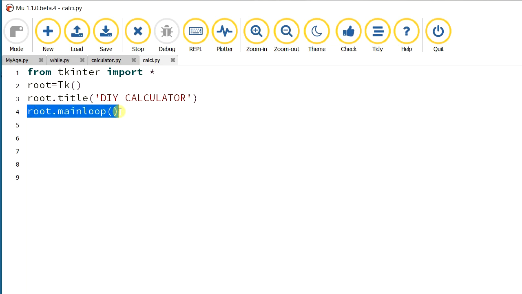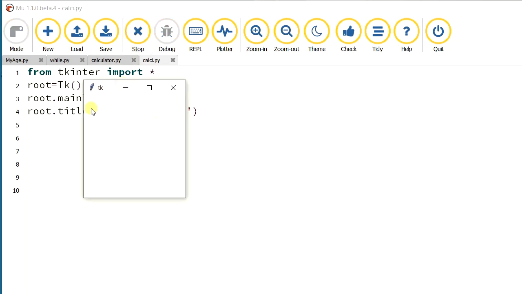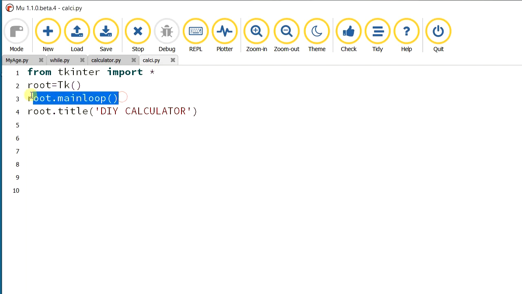Sorry, let's check with the error also. Oh, here the title is not named in this grid. Why? Because it will run only till the main loop. After that it will not run. That's why I am telling we should keep root.mainloop at the last.